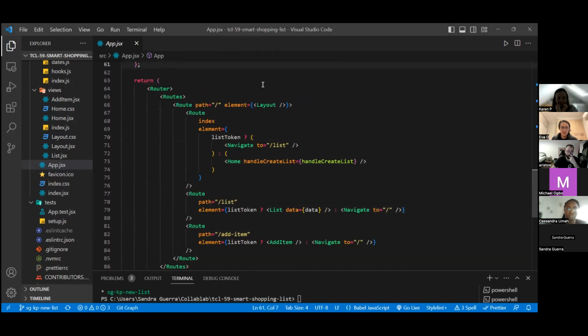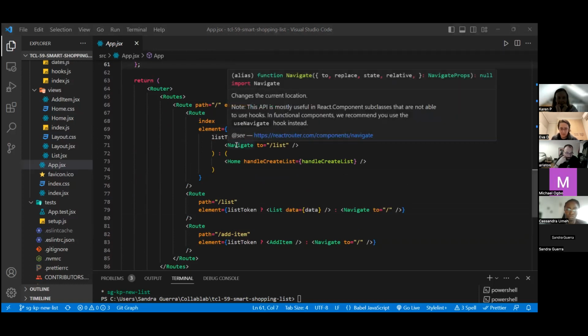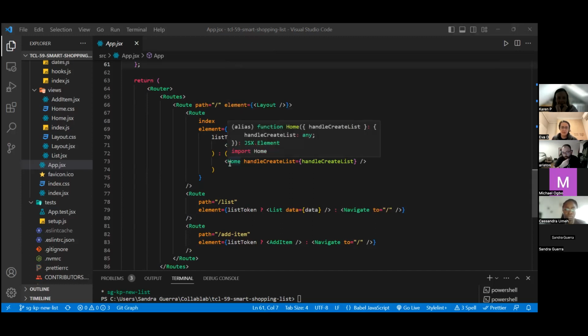I think it's here. Yep, on line 71. So the element of this route component is determined by a ternary operator.